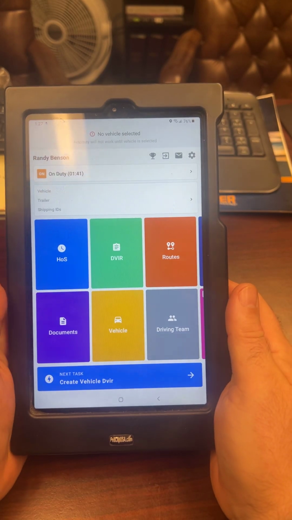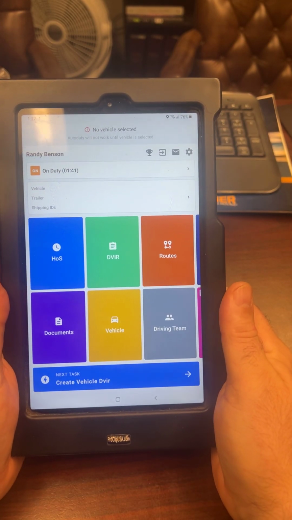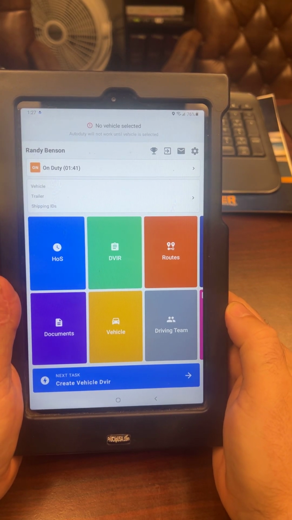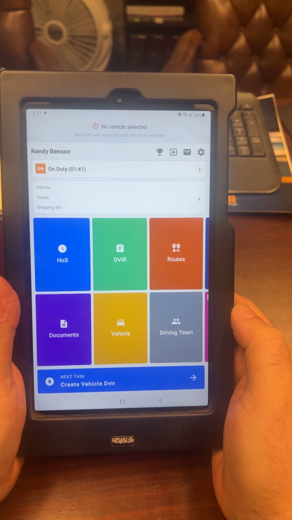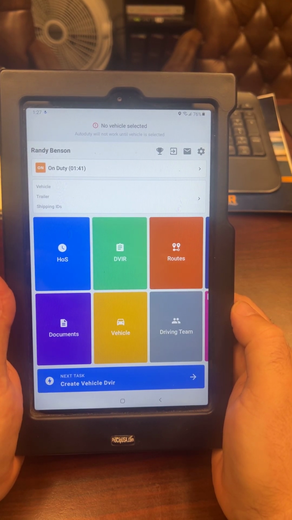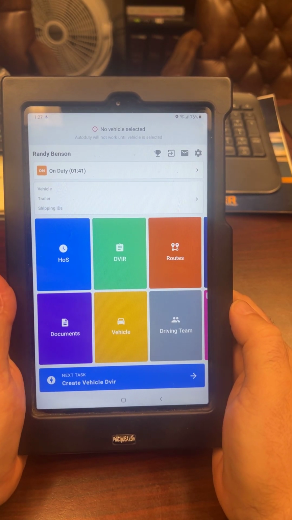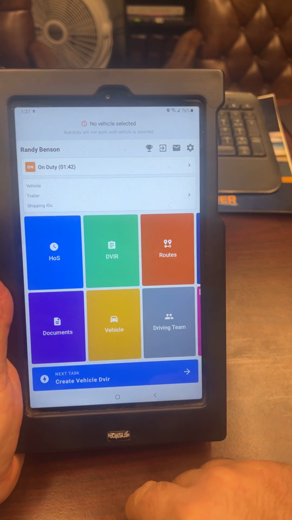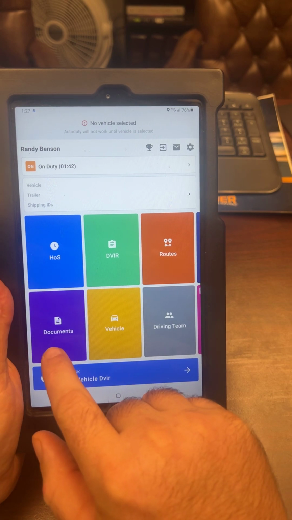Hey everyone, wanted to take a minute to go over a new Samsara feature that we'll begin to utilize. And this is going to be more on the documentation level. So similar to documents, if you see in the driver app, we have the documents that